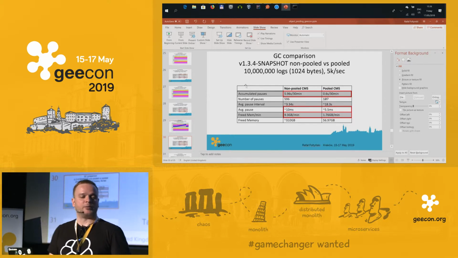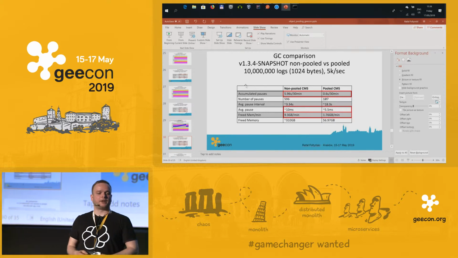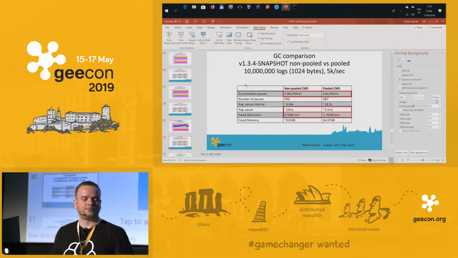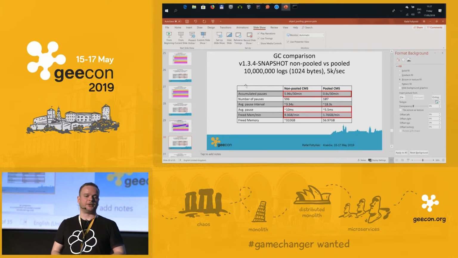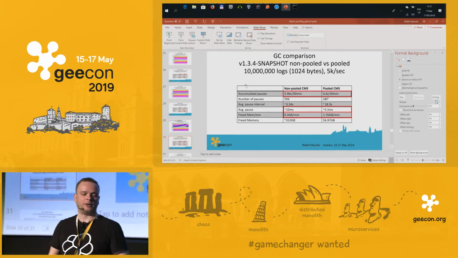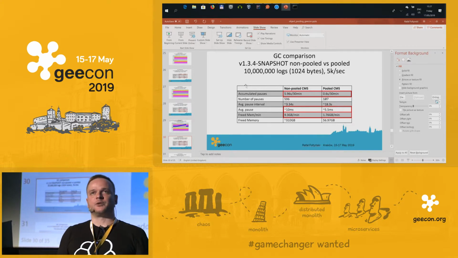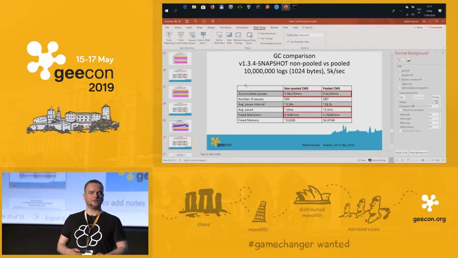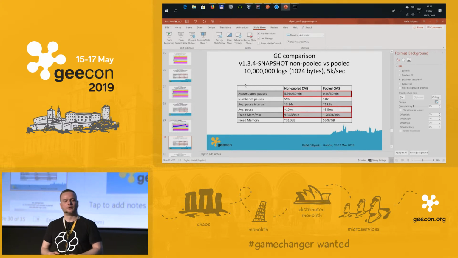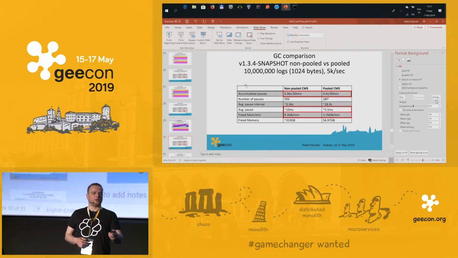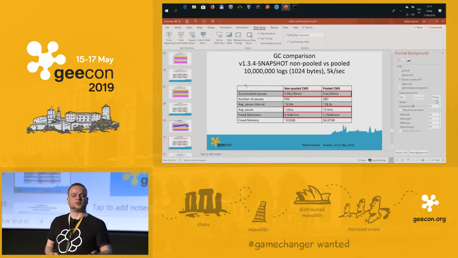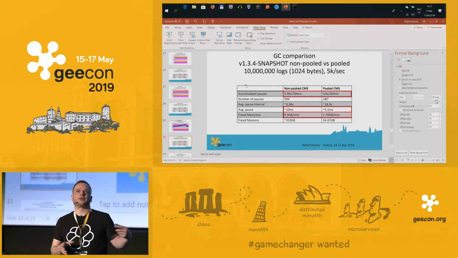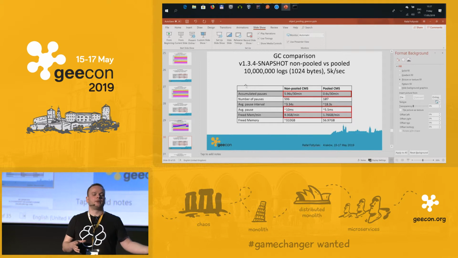Numbers got even better if you take 5.96 seconds and deduct the major GC. You will get roughly 2 seconds versus 600 milliseconds with the pulled version, and the average pause of the pulled version with 1 kilobyte logs was roughly 5.5 milliseconds. You can notice that the average pause interval with the non-pulled version shrank to 3 seconds, which means that if I increased the load, increase the traffic, or increase the